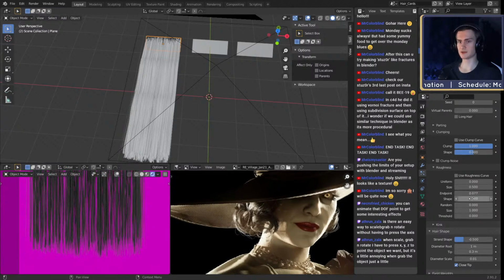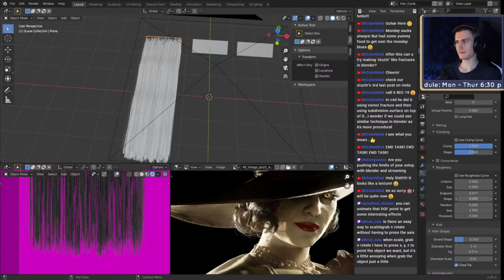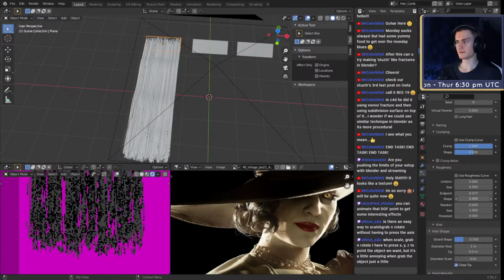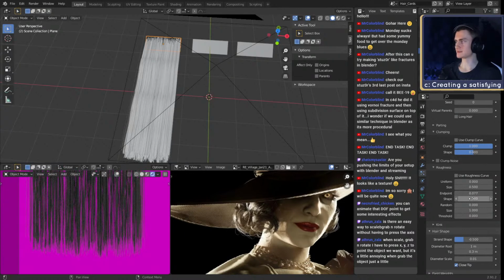So what it basically does is, if you have hair going together, the endpoint option splits them apart at the end.